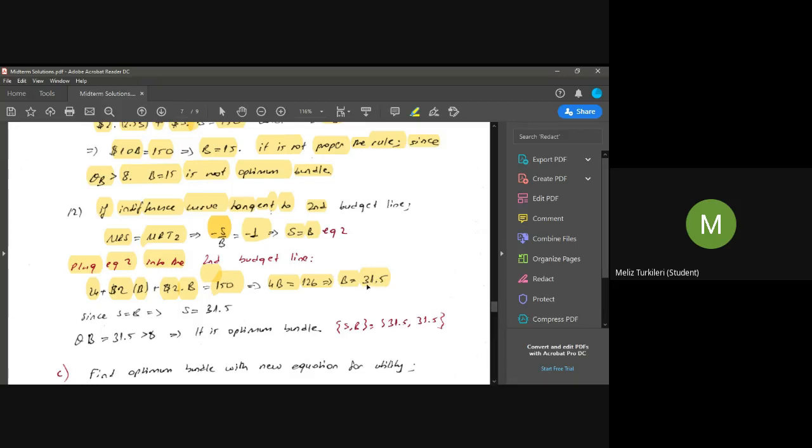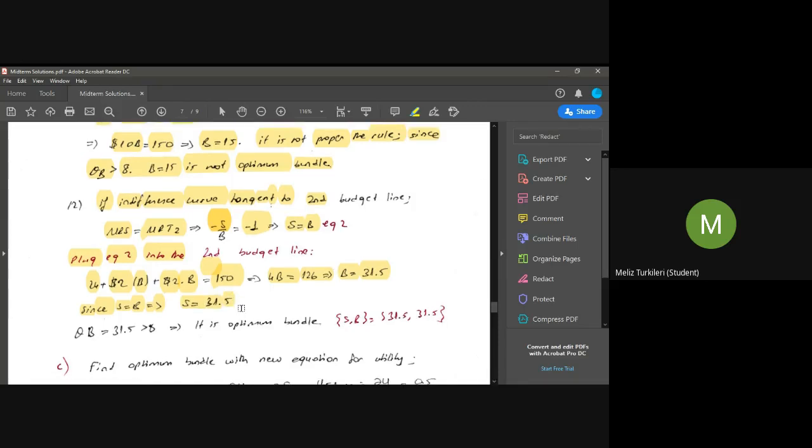If B is equal to 31.5, what about the amount of shoes? Since we know from equation 2 that S should be equal to B in the equilibrium, then the amount of shoes should also be equal to 31.5. Okay, so